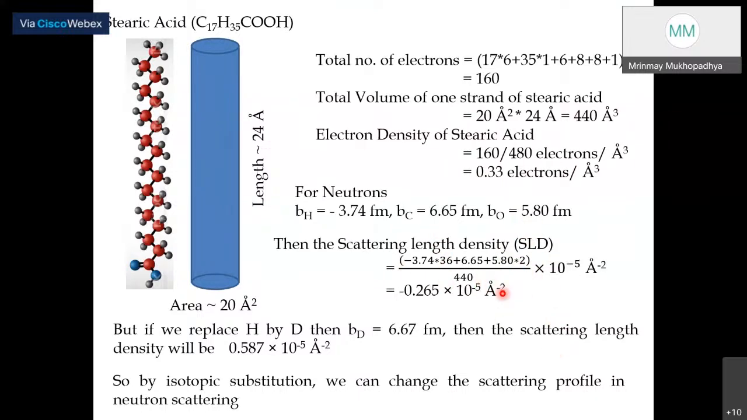You can do a similar thing for this molecule for neutron, and you can see that these numbers are actually minus 0.265, whereas if you replace H with D, the same material can have higher scattering density. So the convention is that higher scattering density or